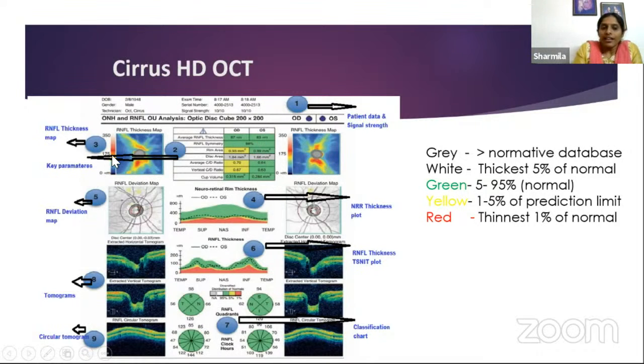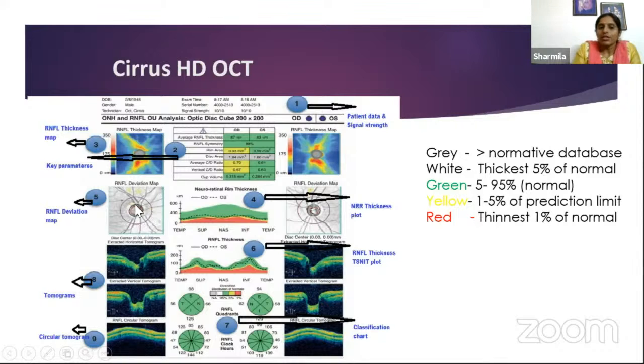And then you have the RNFL thickness map, which is basically the raw data. You don't have to remember the colors because there is a scale adjacent to this thickness map, and with this scale you can make out whether the RNFL is thicker or thinner. And then you have the RNFL deviation map. This basically shows how much the patient deviates from the age-matched normals. Here you can see that there are 3 rings. The inner ring is the cup margin, the outer ring is the disc margin, and then you have the RNFL